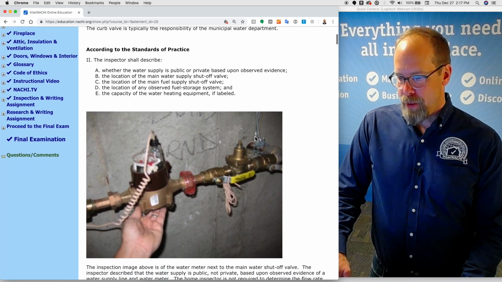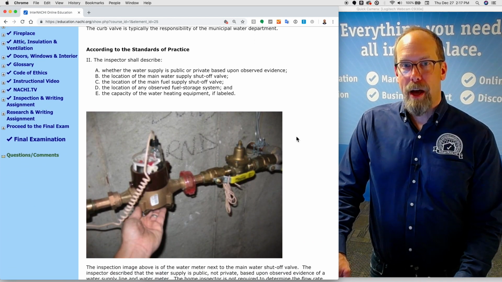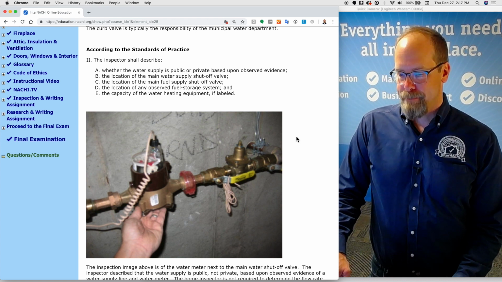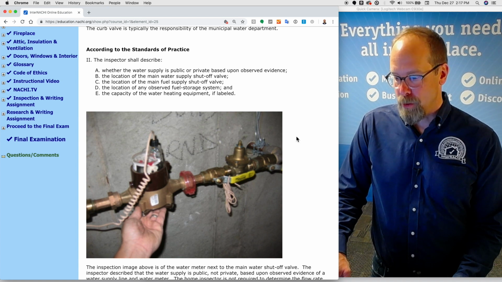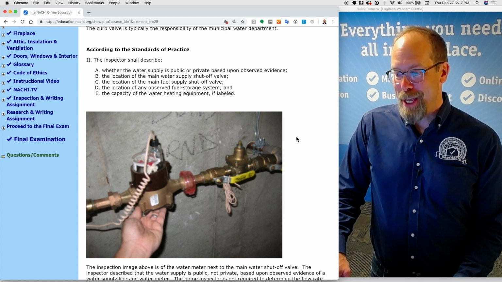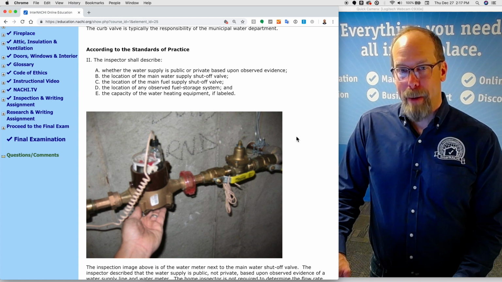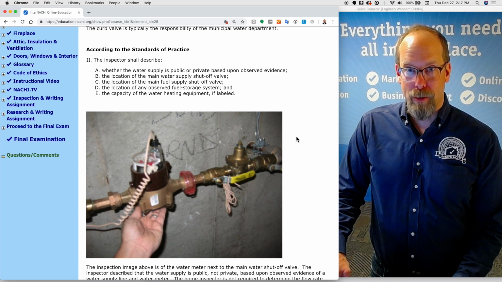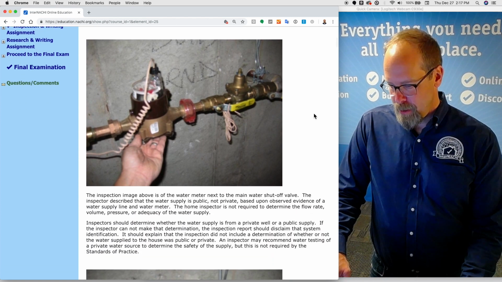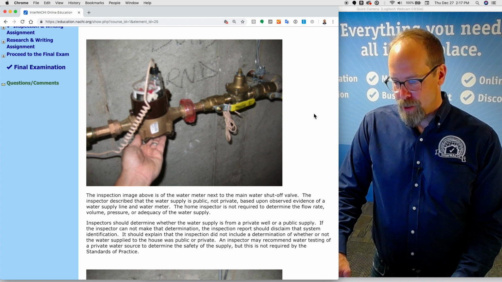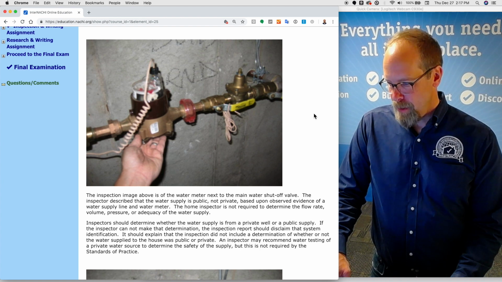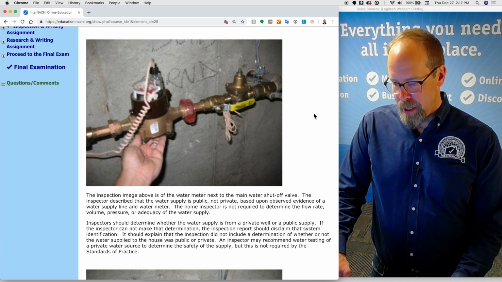According to the Standards of Practice, the home inspector shall describe whether the water supply is public or private based upon observed evidence. The inspector shall describe the location of the main water supply shutoff valve and the location of the main fuel supply shutoff valve and the location of any observed fuel storage systems and the capacity of the water heating equipment, if labeled. This inspection image is of the water meter next to the main water shutoff valve. The inspector described that the water supply is public, not private, based upon observed evidence of a water supply line and water meter. The home inspector is not required to determine the flow rate, volume, pressure, or adequacy of the